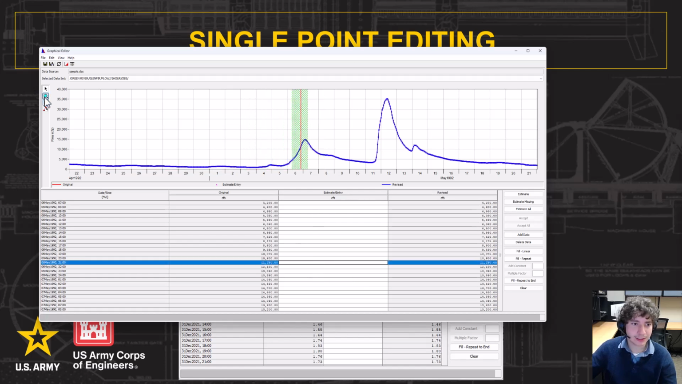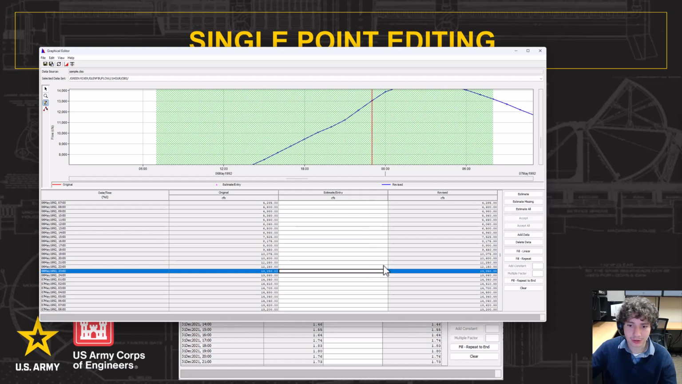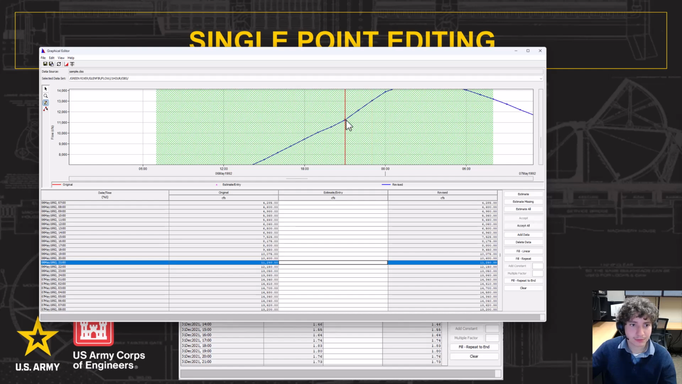Okay, so now let's zoom into it. So we're going to use the zoom tool so we can get a better view. And so here is our point. We're going to use the single editor tool, say that we want to edit this point. Now we can see that we have this red triangle here. So if we go back to here, we can see that we can drag this triangle up and down. So when we release it, and then we select accept,